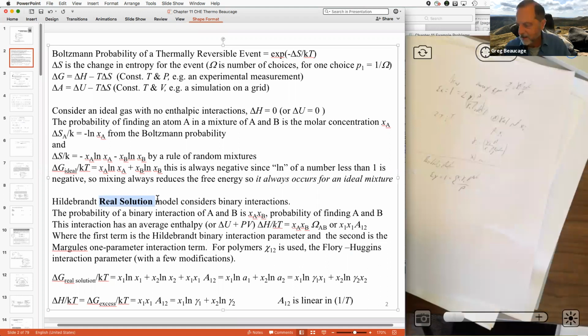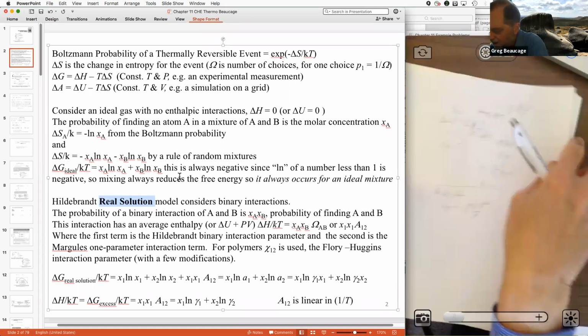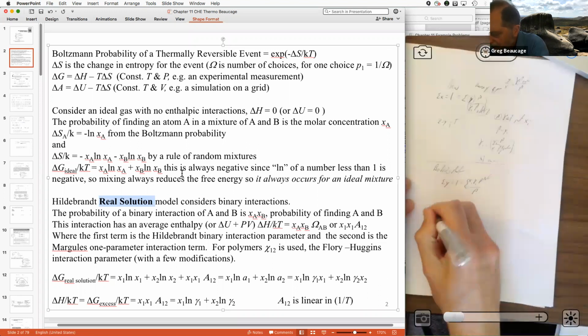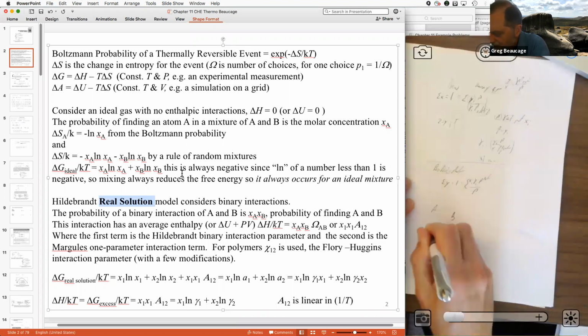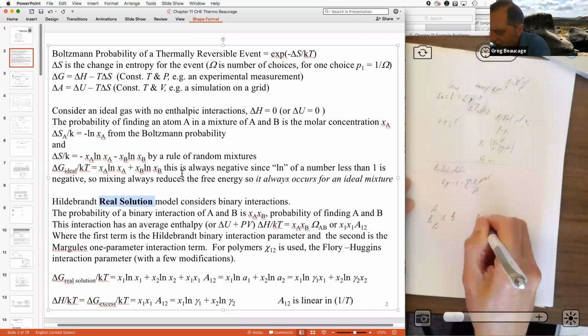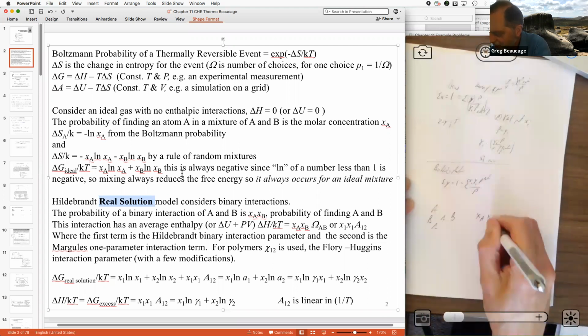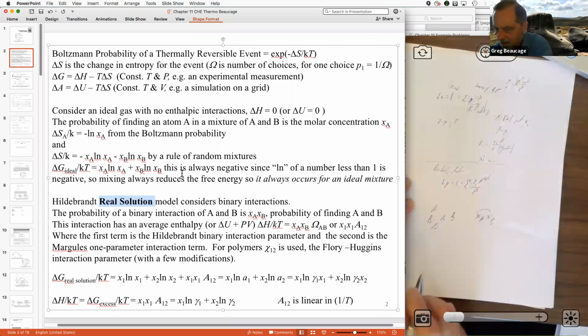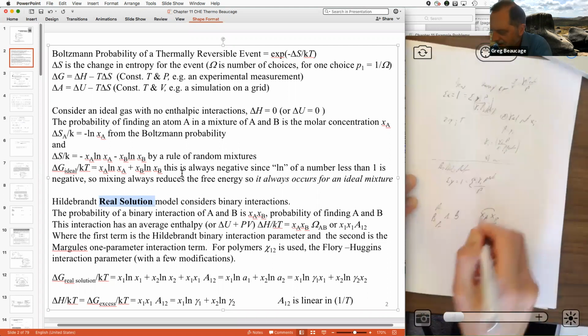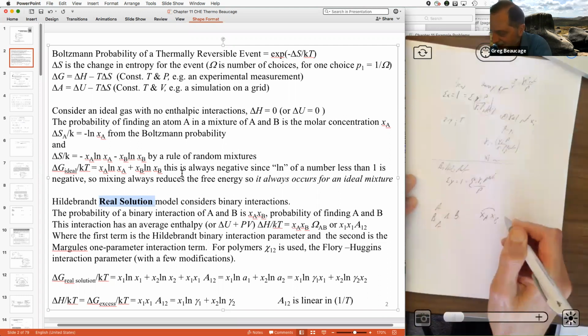So if you have a mixture of A's and B's, the probability of finding an A is the mole fraction A, and the probability of finding a B is the mole fraction of B. So the probability of an A-B interaction is the mole fraction A times the mole fraction B. And then you just take a constant